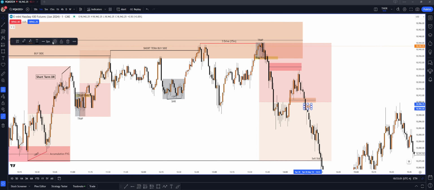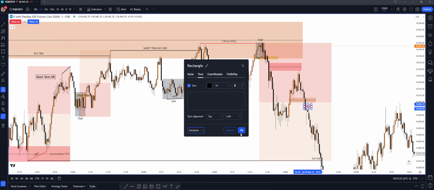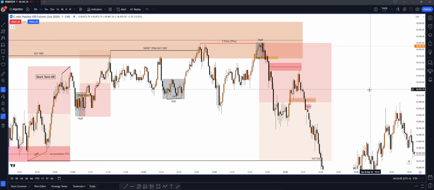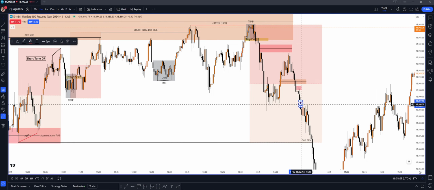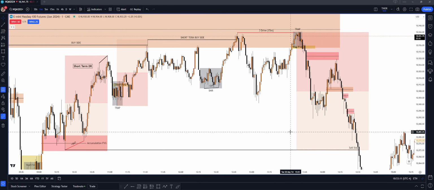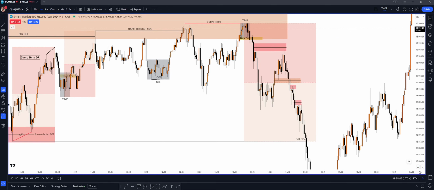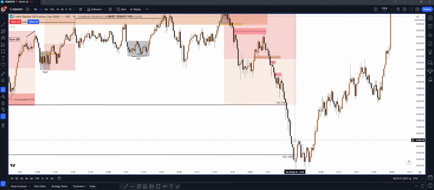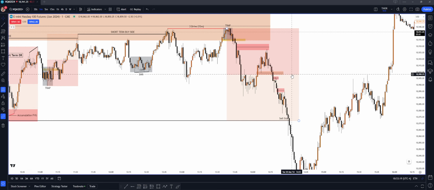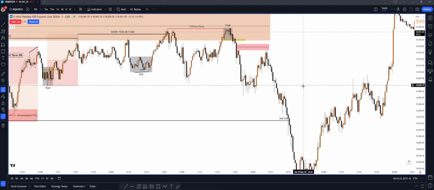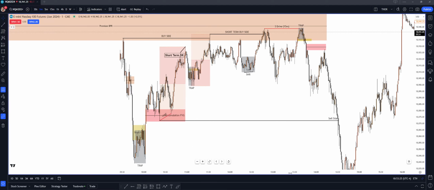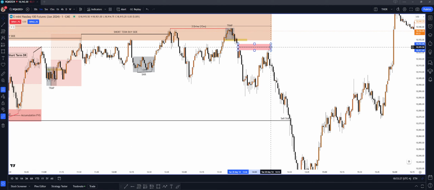And these are the PD arrays. And delivered to sell side. Now I'm gonna take a screenshot of this and I'm gonna walk you through. So now remember, initially what I said was the market is in a 15-minute sell model, right? Now what you can also do, which is what I did while I was looking at this sell-off, was